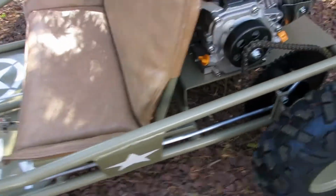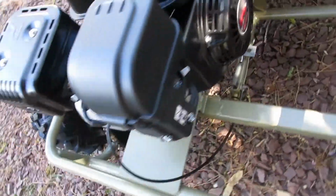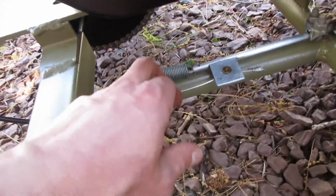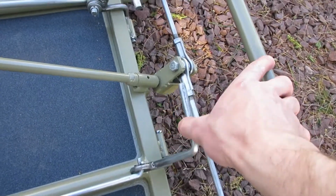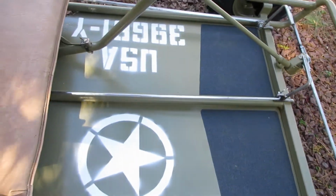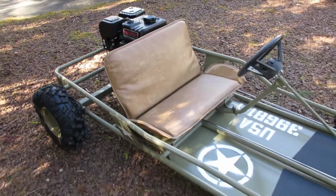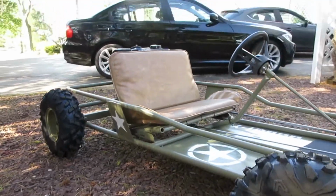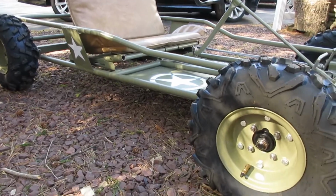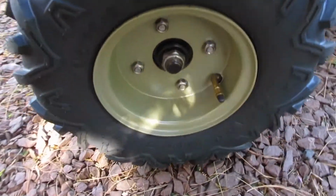Just like that, guys, this project is wrapped up. We have throttle all hooked up. Pedals throw about the same amount. Kill switch, I even threw the seat on. It's the first time you guys have really seen it with the seat. Oh, it looks so sweet. Lighting's kind of bad, but...